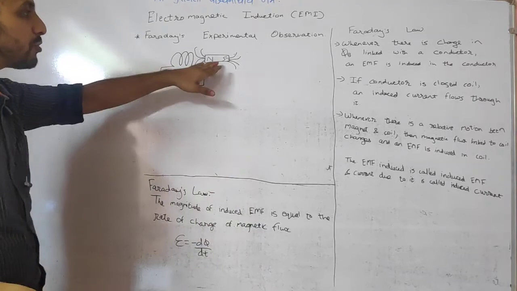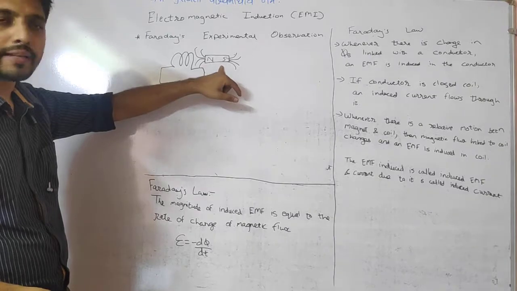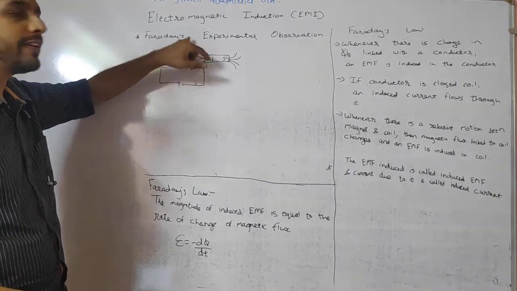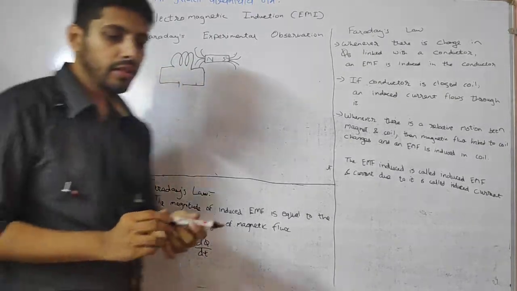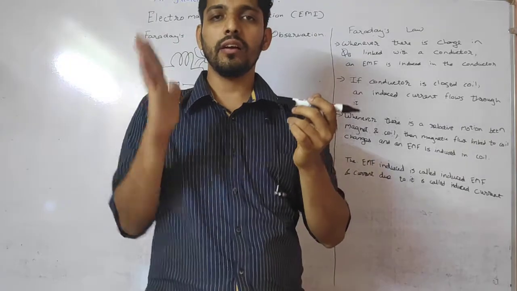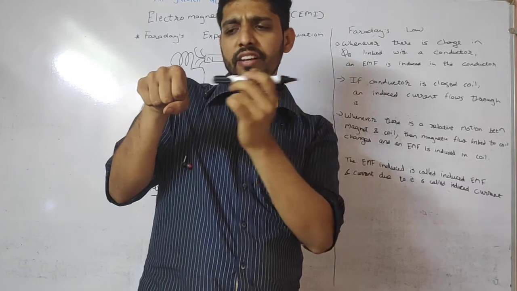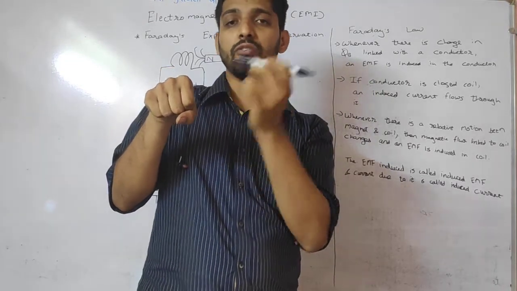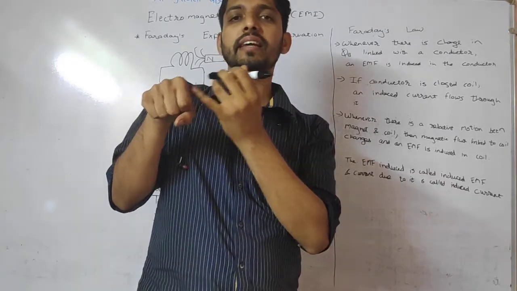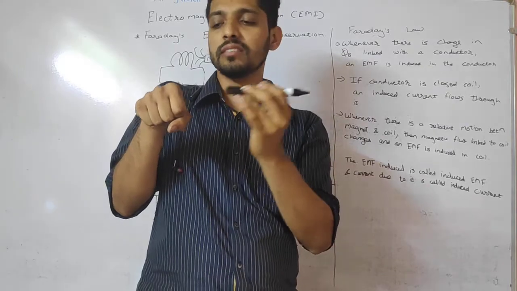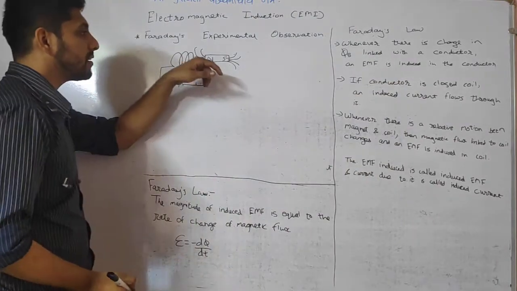So what will happen if you change the position of this magnet with respect to this? The amount of field lines that are crossing or entering this coil will change. Some field lines come out from here. My coil is kept over here. If I take this magnet very near to the coil, the magnetic field lines linked with the magnet will interact with the coil. As I take it away from it, the number of field lines interacting with this coil decreases, or you can say changes. As I take it near and forward, the number of field lines linked with the magnet and the coil changes.